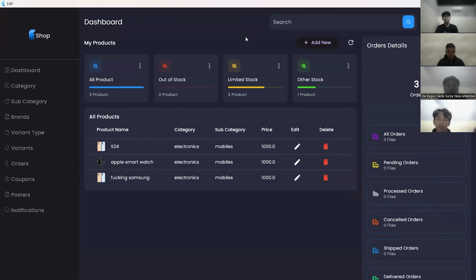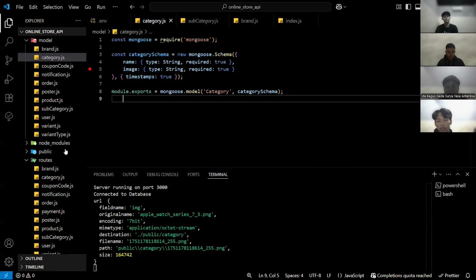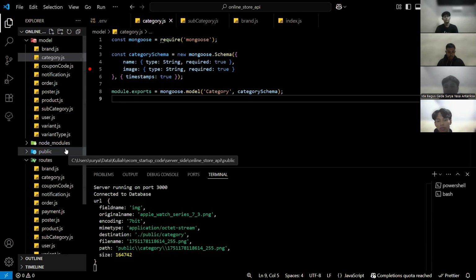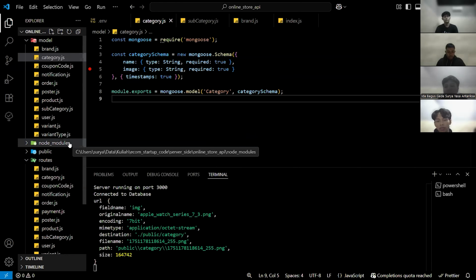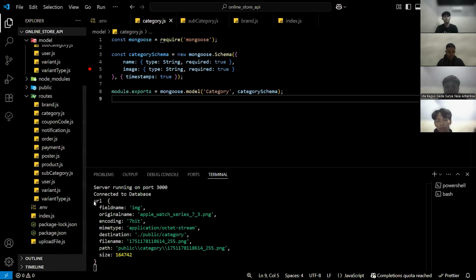Okay guys, I will continue the presentation. The last but not least is code explanation. For a clear explanation, I will use two different languages. The first one is English, and then I will translate it into Indonesian. Okay, let's move. The very first thing we need to do when creating the code is to define our MongoDB database in the .env file.